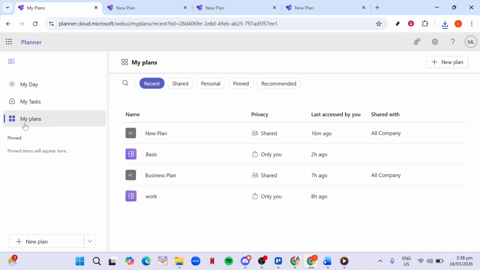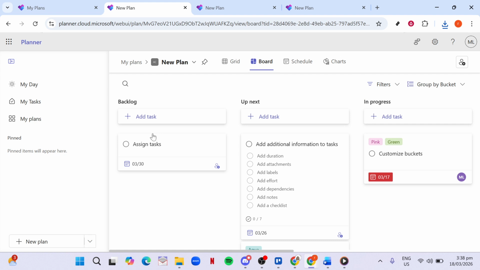First, you'll need to open the plan you want to delete. Start in Microsoft Planner and look over to your sidebar or hub, where all of your plans are listed. This area usually shows your recent or favorite plans as well as any other plans you're part of. Take a moment to carefully choose the plan you want to delete, because once it's gone, you won't be able to get it back. Click on that plan to open it so that you can see all its tasks and